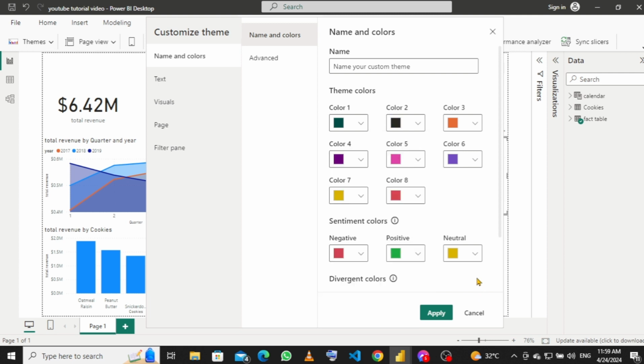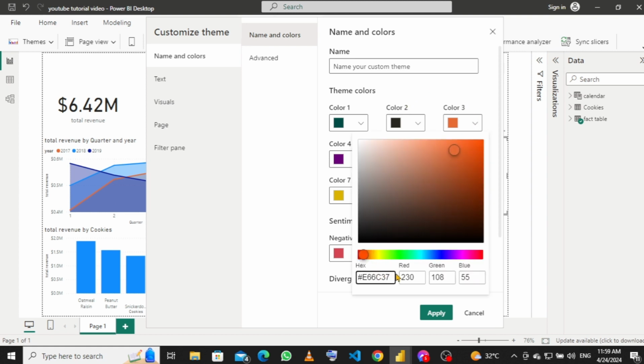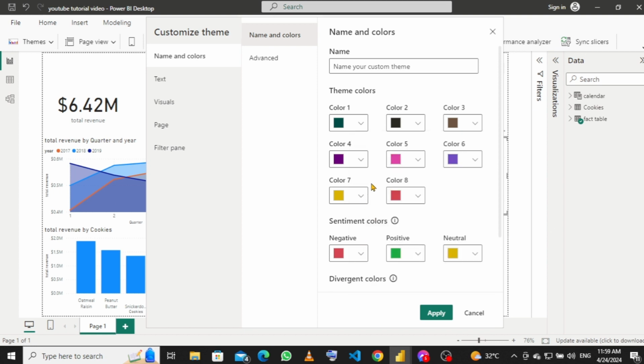So just click outside here, and our color 3 will be 705642. I'll just click outside here, and our color 4,